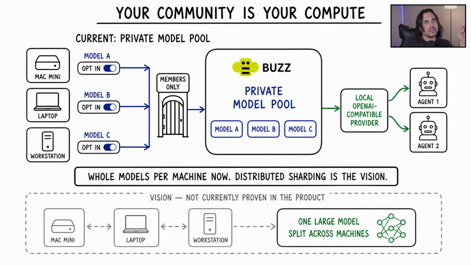As you can see here, this is roughly the vision of how the computer is going to work. At the moment, if let's say you have a community of 10 people and all 10 of those people then have maybe a 16 gigabyte Mac mini, those can all be used for inference to run local models. Now, it doesn't mean yet that you're going to be able to pool those 10 Mac minis together and be able to run a much, much, much larger model. But that is part of their vision for what they want to do in the future.